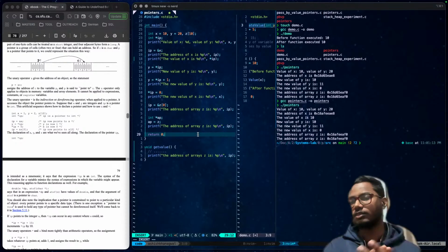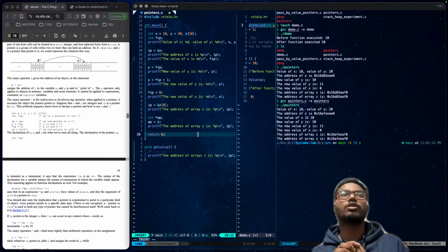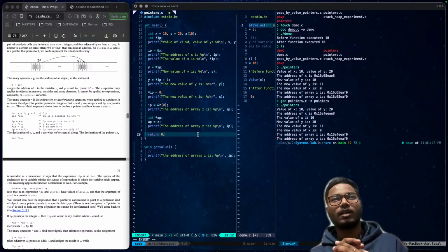Dangling simply means it is pointing towards nothing, emptiness, right?